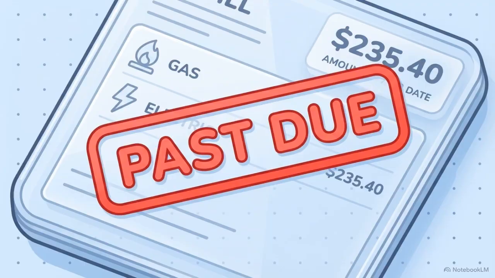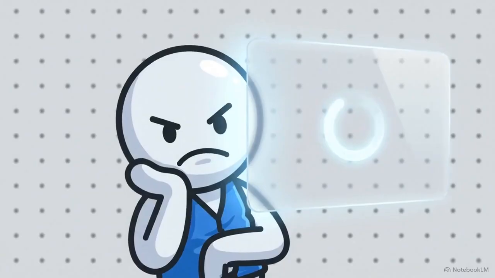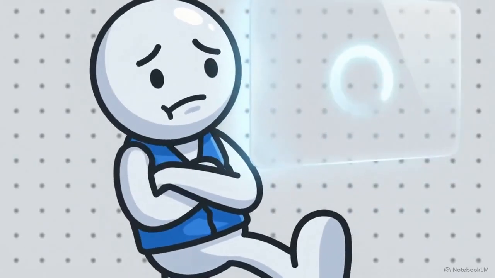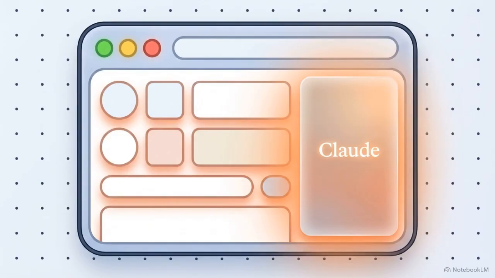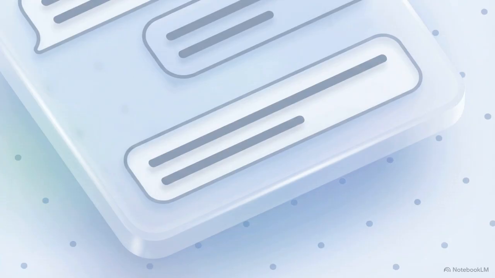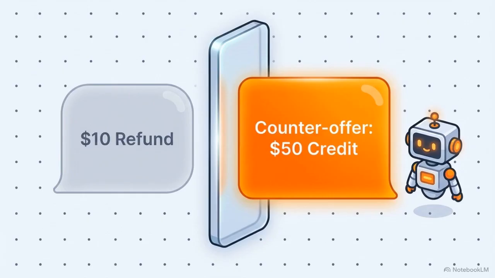Consider the high-friction chore of disputing an incorrect utility bill. Normally, this means staring at a live chat window for 45 minutes waiting for a representative. With the browser extension active, Claude reads the live web page interface, identifies the specific text box for the chat, and processes the incoming messages in real time. It autonomously types contextual replies back to the representative. If the company's initial refund offer is low, Claude politely pushes back and negotiates a credit without you touching the